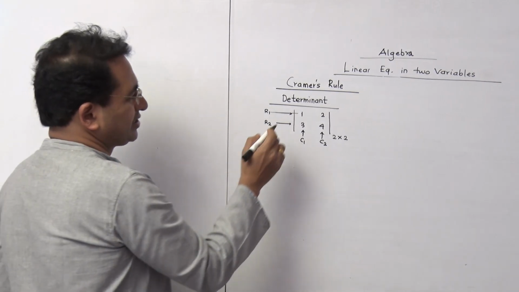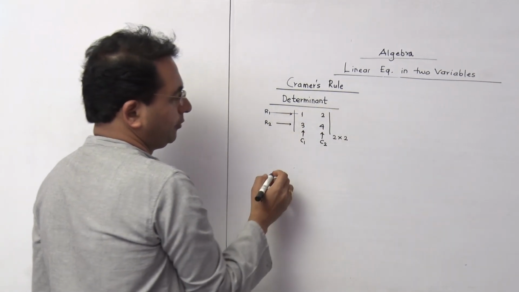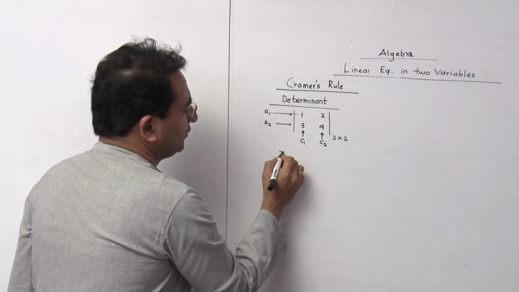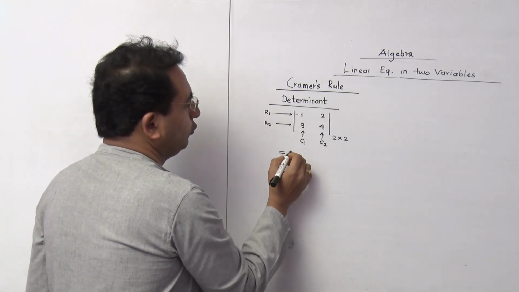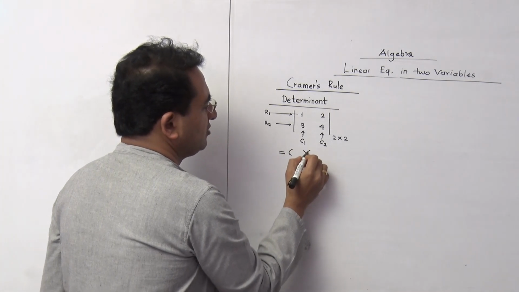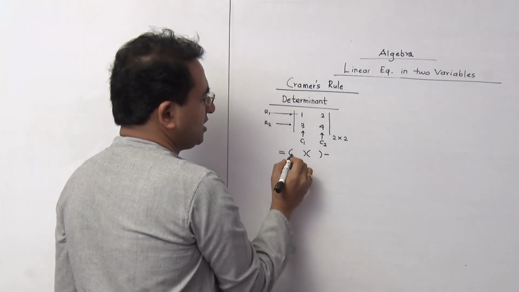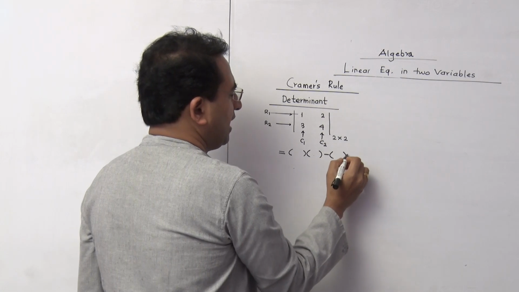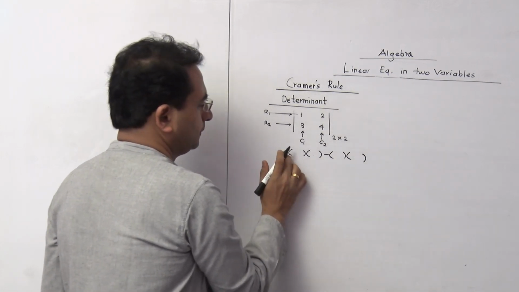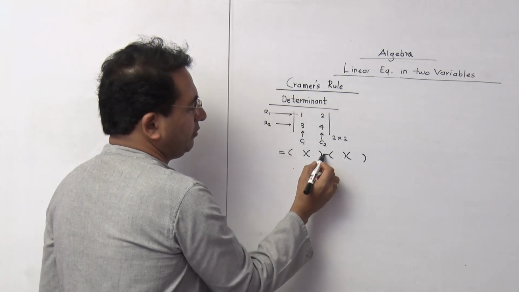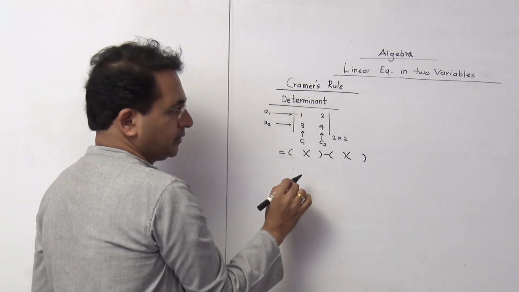Now the question is not related to how to frame the determinant. We are going to be asked to find the value of a determinant. The value of the determinant is very easy to find out. What we have to do is, we are supposed to have this framework. It is bracket bracket minus bracket bracket. So how many brackets are available here? 4. And in between we always put a minus sign.